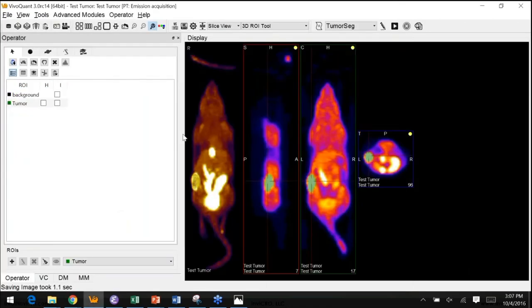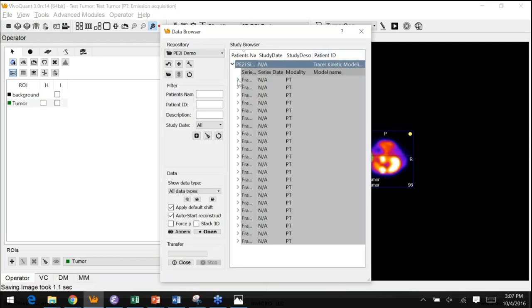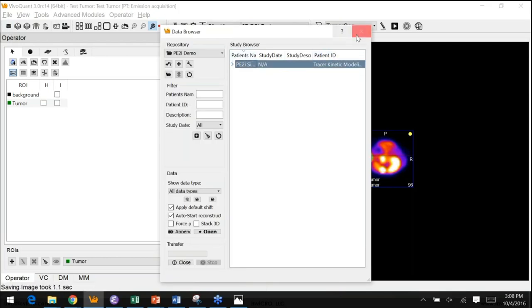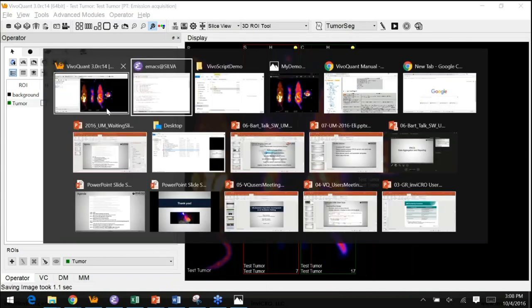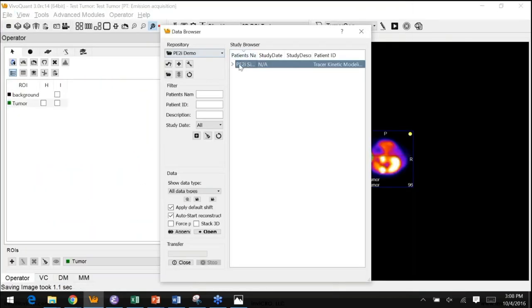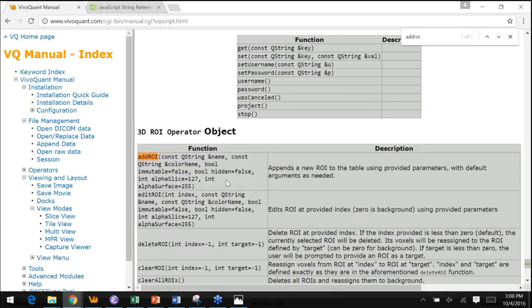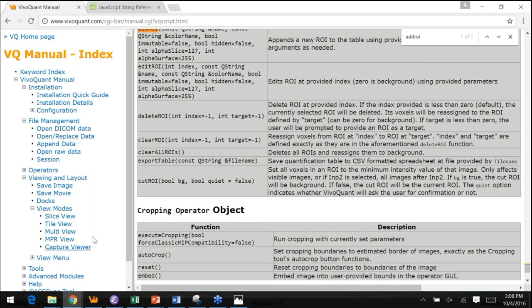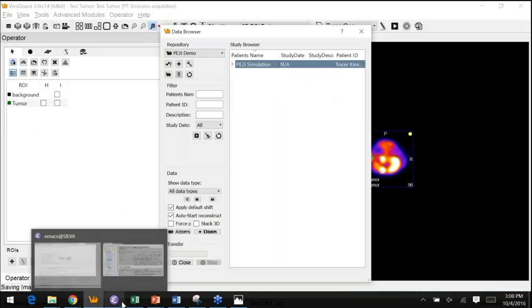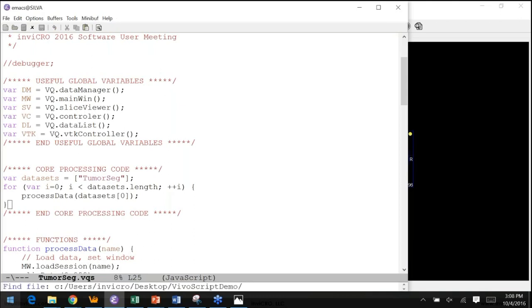Maybe you can show the DICOM browser menu with the. Yeah. So here I only have. Oh, that's TJ's previous demo data set. But if you're familiar with the DICOM browser, you know you can look at your list of patient studies, your scans, and so on. Similarly, on the VivoScript side, there's actually a nice IPACS.VQS convenience function, which I presented on last year. You should feel free to look at that one in more detail. But in the